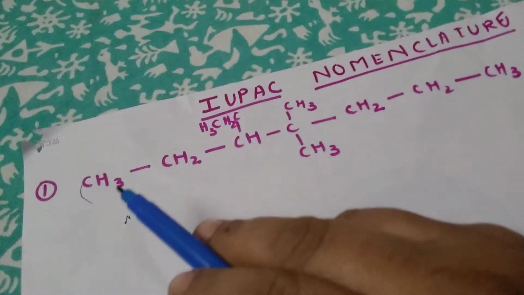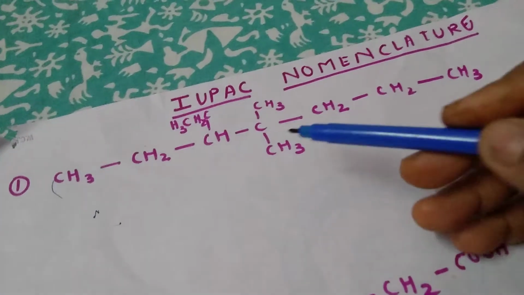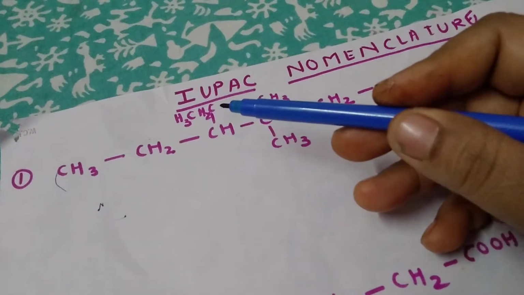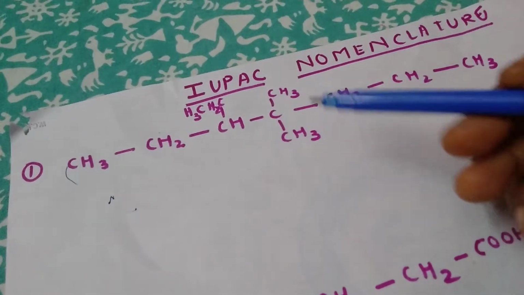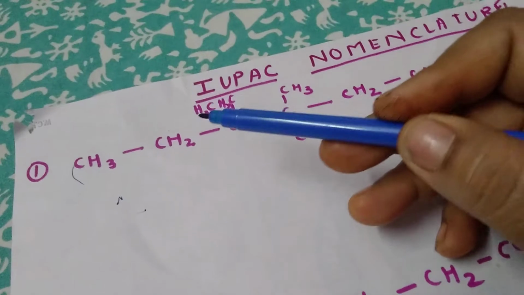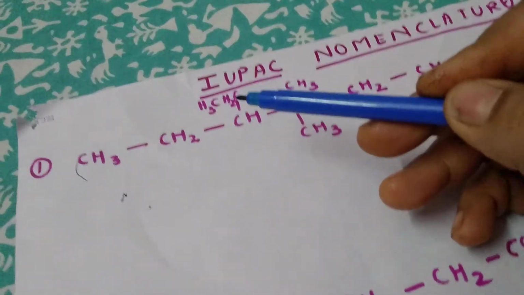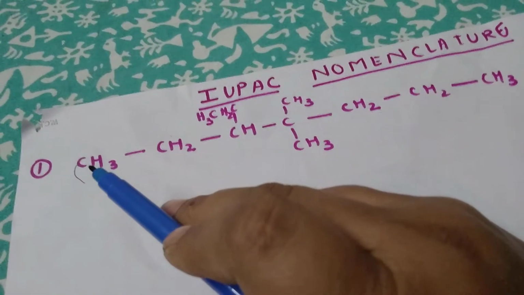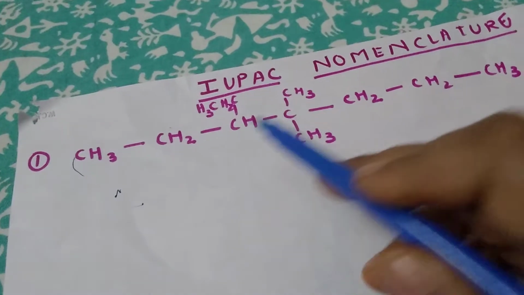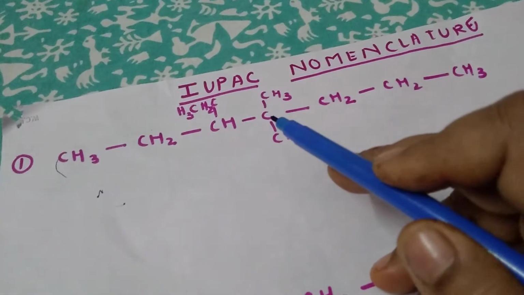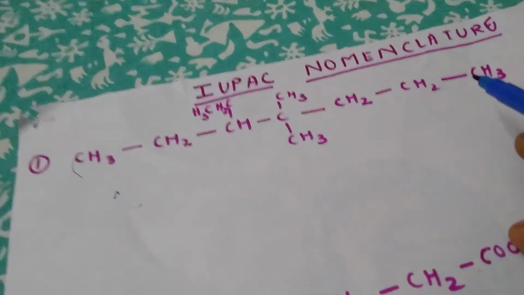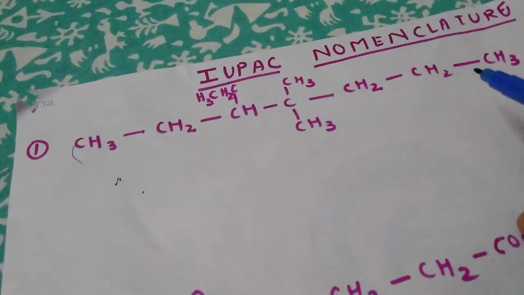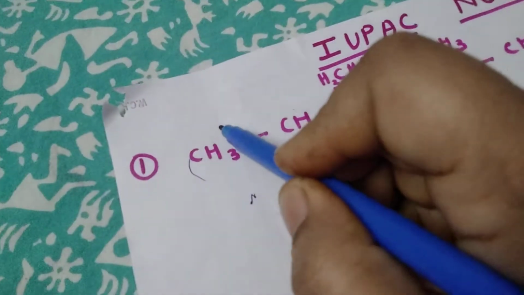In this compound, this is your chain. Here some branches are there, here also branches. This is CH3, both are methyl, and this is CH2 CH3, this is your ethyl. Now first of all we will select the longest chain. Suppose we are starting from here, 1 2 3 4 5. It is only 5 carbon atoms, we can't go this side, so 5 6 7, this will be our longest chain. We will just make it like this.